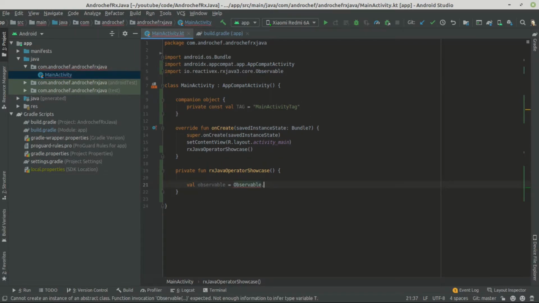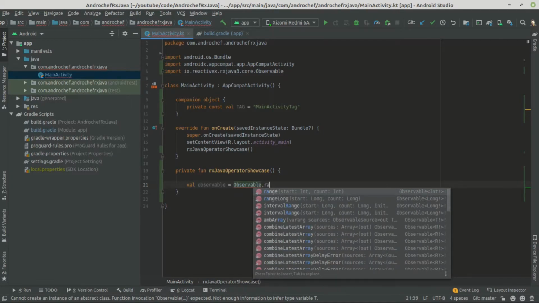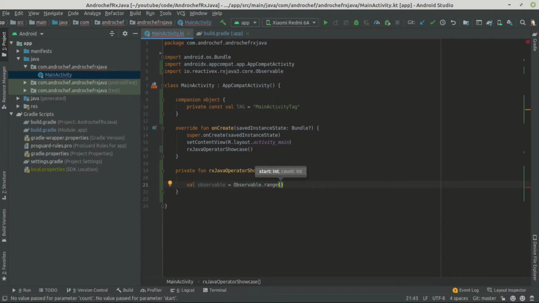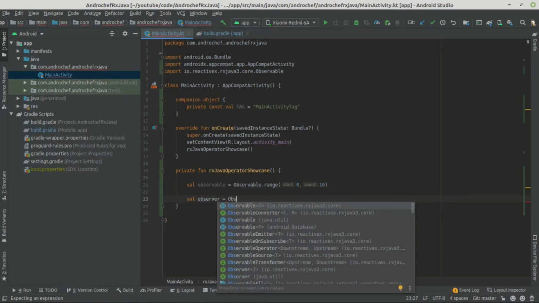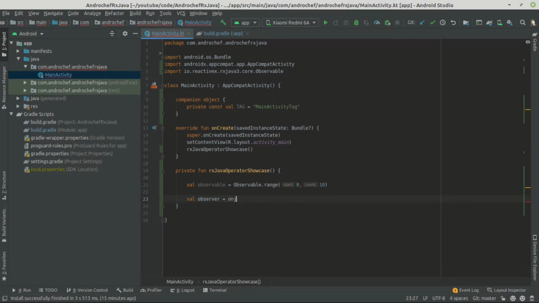Now we will use a range operator, and you can see it takes 2 arguments, start and count. So we'll start from 0 and this will go up to, let's say, 10. Now we will create our observer. It's an anonymous class.